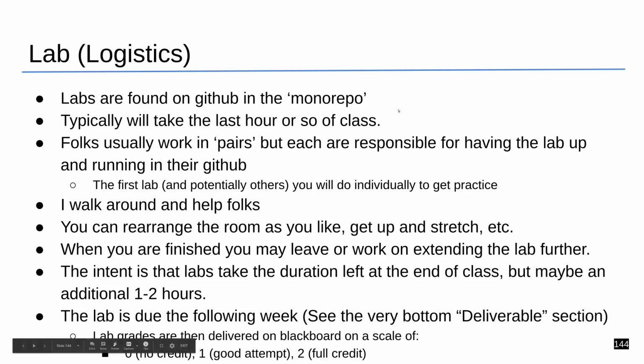Again, labs are found in the Mana repository. Typically, they take between 1 and 3 hours to finish. We'll have class time to do it. That's on your Wednesdays typically. If you're in the class, you can work in pairs. Typically the first labs I want people doing individually, just so everybody learns and gets practice. Obviously we're virtual, so I'm not walking around and helping you, but I'm on a screen and going to try to help you